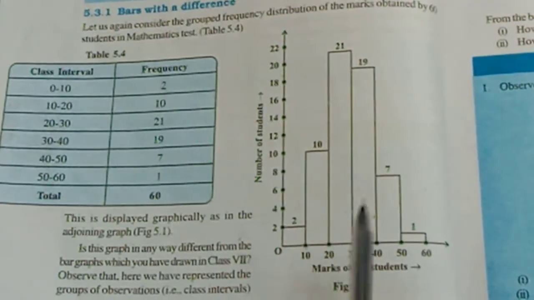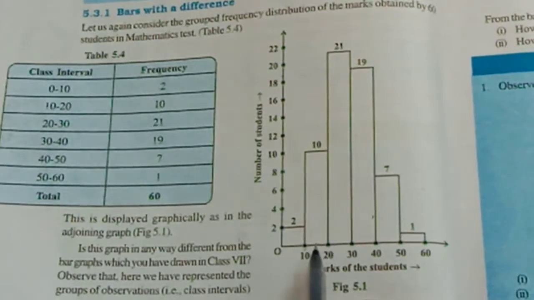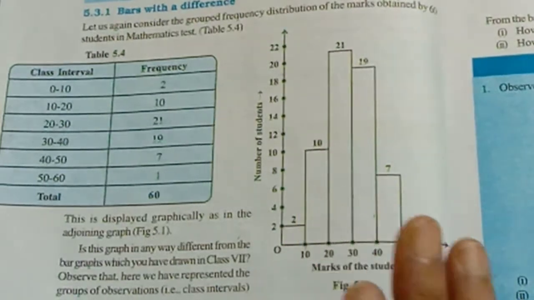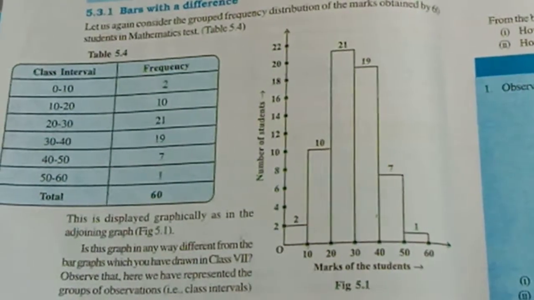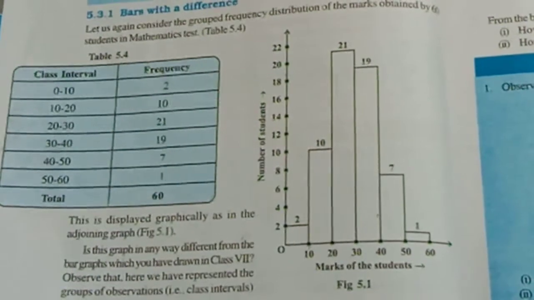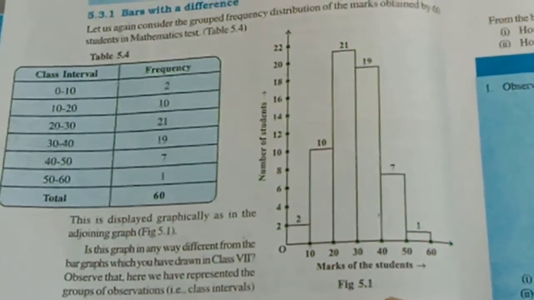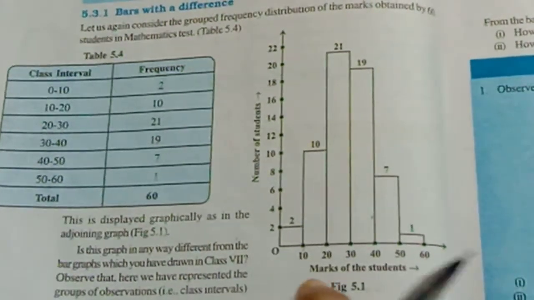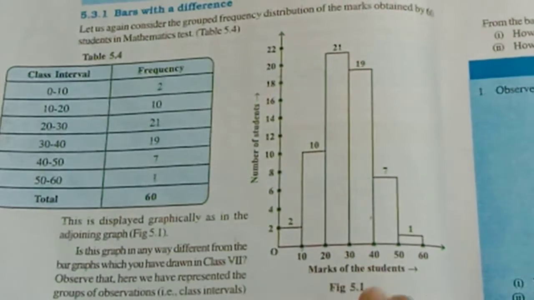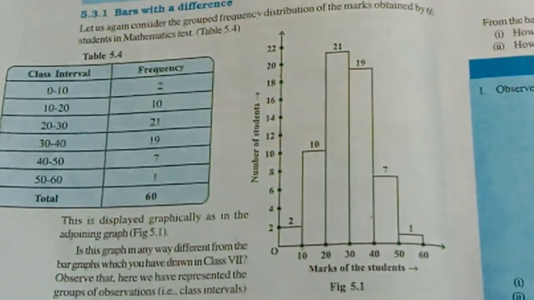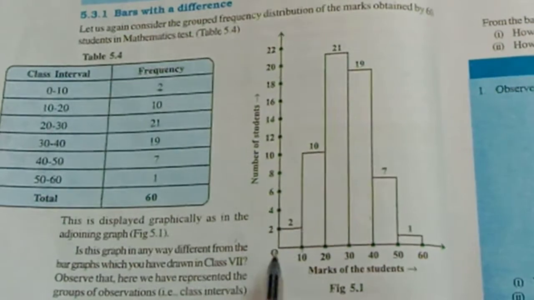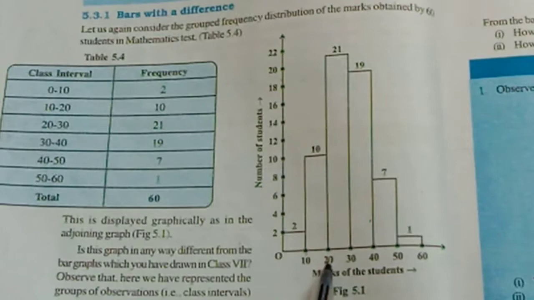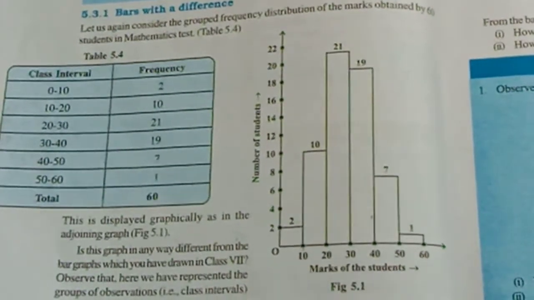There is no gap as in the bar graph, because there they are not interconnected. Bar graphs are sometimes showing different subjects, sometimes different companies, sometimes marks of different students. There is a main difference between bar graph and histogram. Bar graphs are not interconnected, but histograms are interconnected because of the class interval. Class intervals from 0 to 10, 10 to 20, according to our requirement, we have to give this kind of class interval.